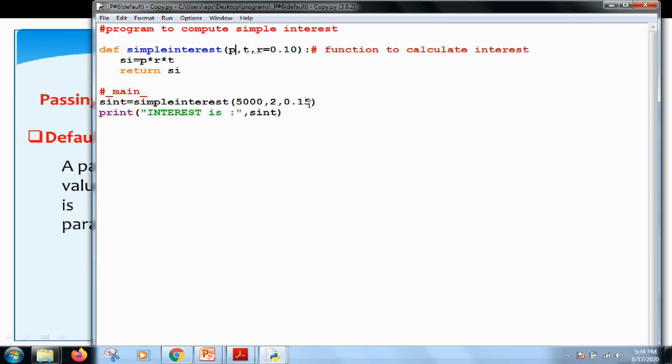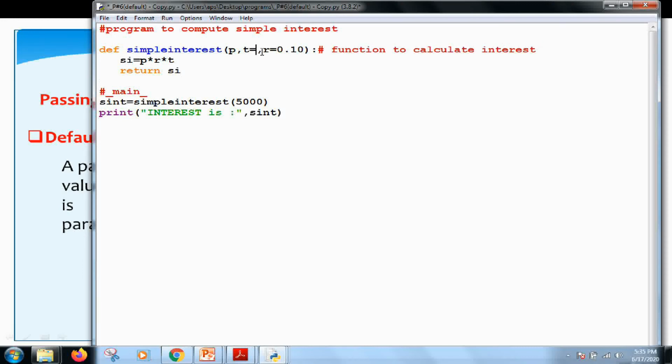For example, in this case, if I want to provide the default value to the t, then it is okay, I can provide it, because the argument r on its right is also a default. Suppose I want to provide the t as a default value, then in this case I can pass only the value for the p to the function and it will work.